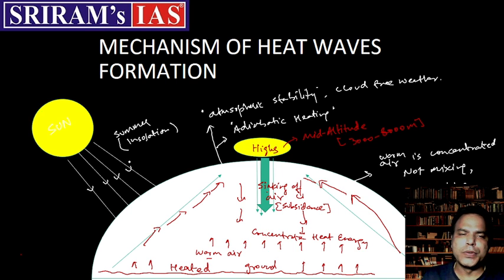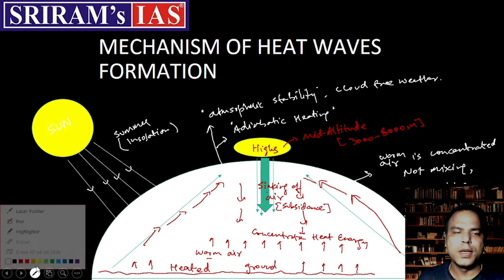Now in the tropical areas during the summer season, when insolation is more and more directly falling over the land, what happens? The land gets heated up. When the land gets heated up, warmer air is produced. Warmer air is unable to rise upward because the convection process is restricted due to the sinking, or subsidence, of air. When subsidence of air is blocking the rise of the warmer air, which on rising would get cooler and cooler,